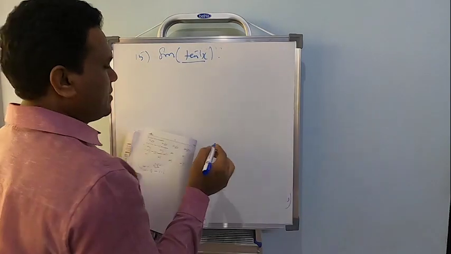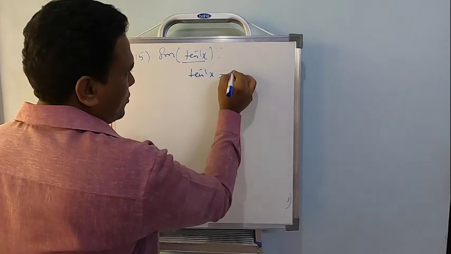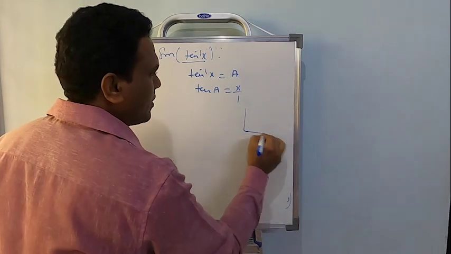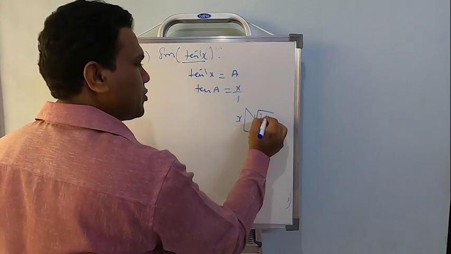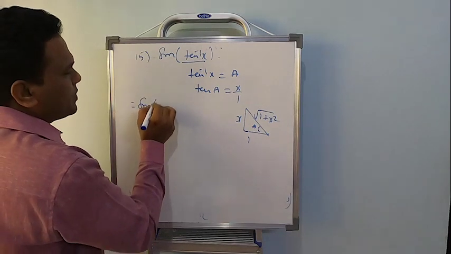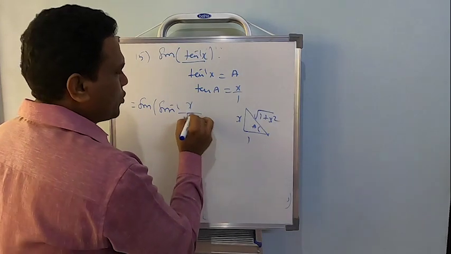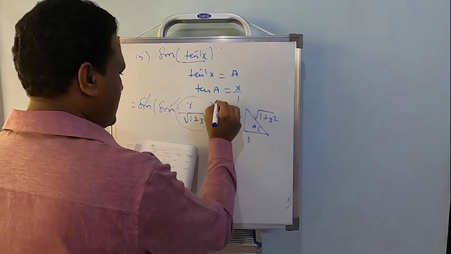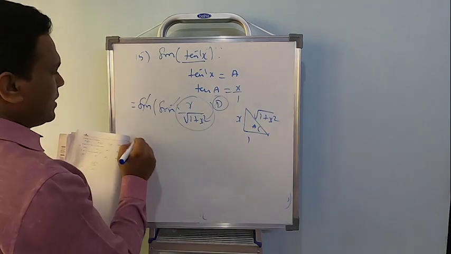So this is tan inverse. To eliminate it, it should be converted to sine inverse. So tan inverse x equal to a, or tan a is equal to x. This is just like x by 1. If I complete the triangle for this, what's the definition of tan? Opposite over adjacent. The hypotenuse should be root of 1 plus x square by completing the triangle. So the problem will become sine of sine inverse of x by root of 1 plus x square, opposite by hypotenuse. Eliminate this, x by root of 1 plus x square. This is present in option D. That's fine, students. Now let's come to the 16th one.